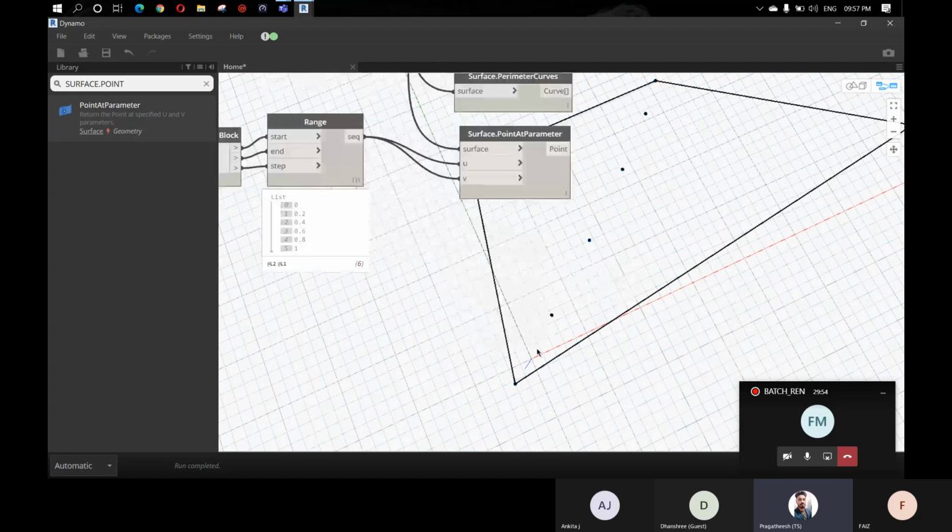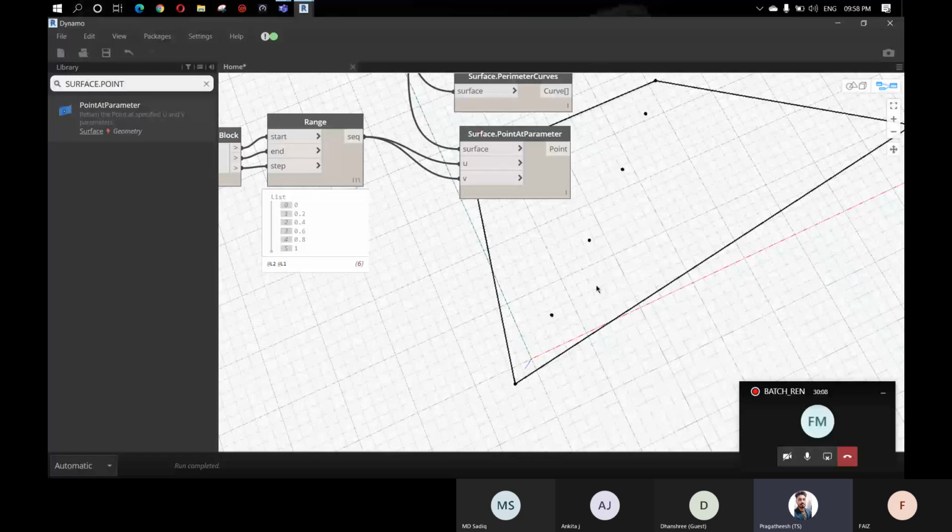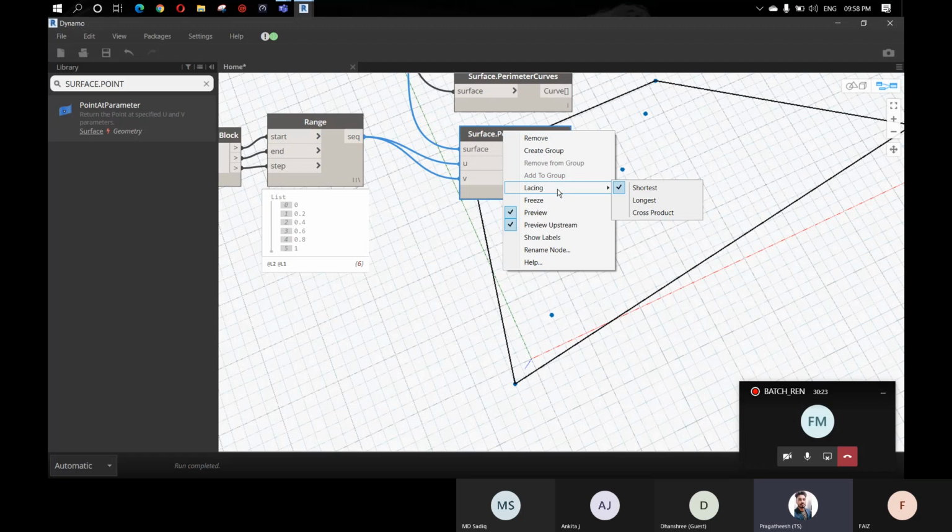So 0 and 0, then 0.2 in U and 0.2 in V, which will end up here, and 0.4 in U and 0.4 in V, which will end up here, and 0.6 and 0.6, which will be here. Similarly, it just matches the data by the index. Okay, that's the shortest. Similarly, if we give longest, it will just match with the longest index.